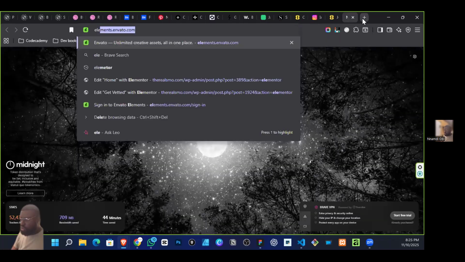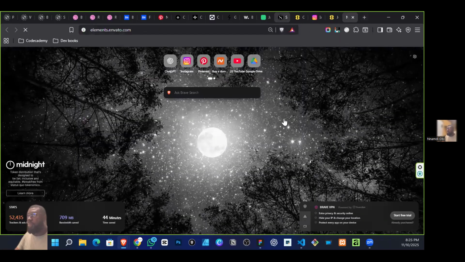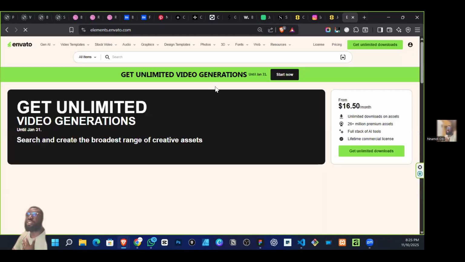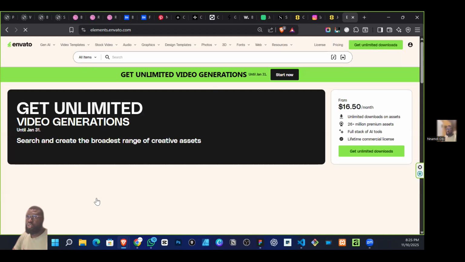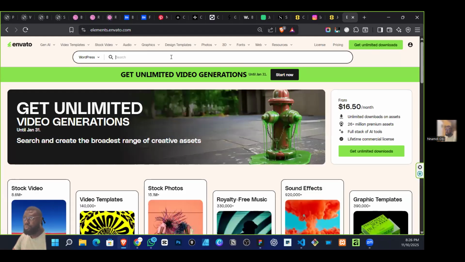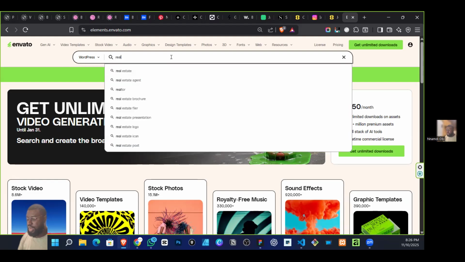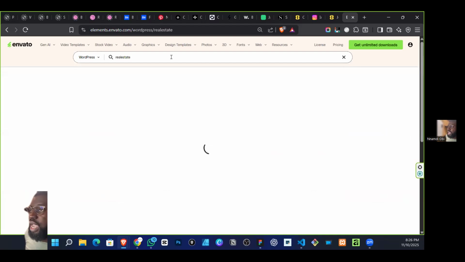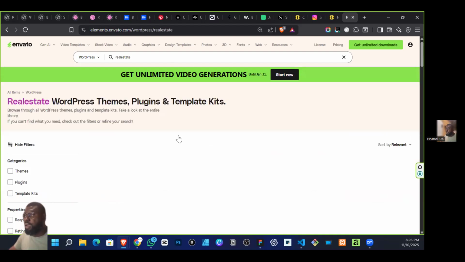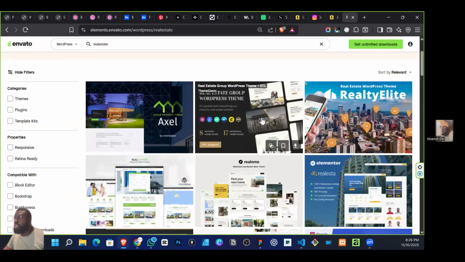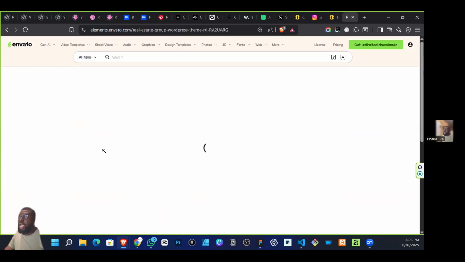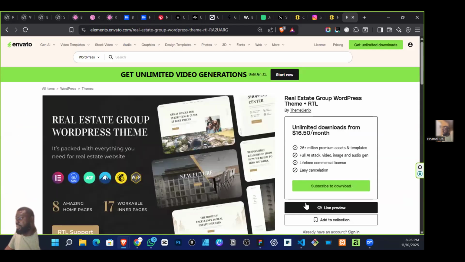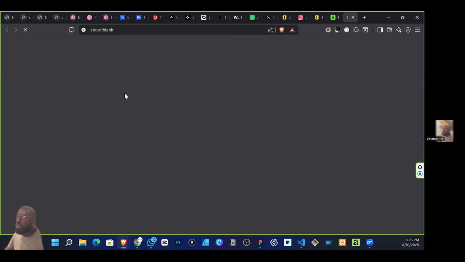Let's go to elements.envato.com. This is one place where you can get many resources as long as you are a designer. So I'm just going to switch to WordPress, and I'm just going to say, what templates now? Let's say real estate. I need to open real estate templates for me. And all I need to do is just upload and edit the text, and it's mine. So if I download it,